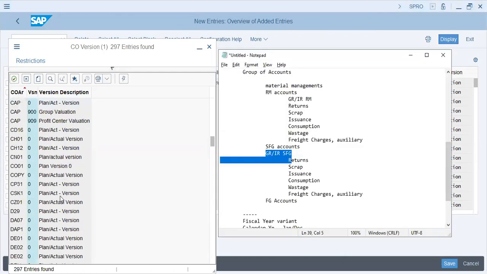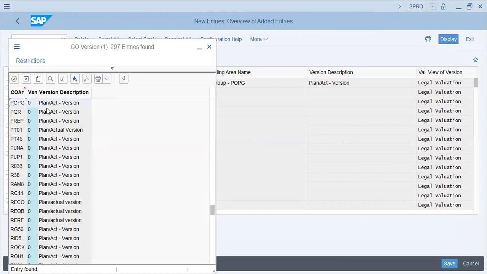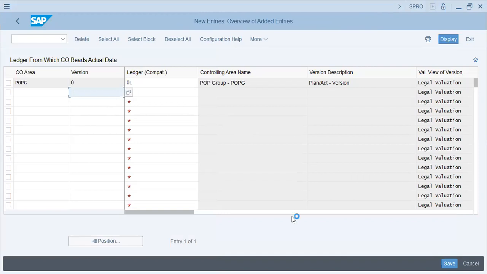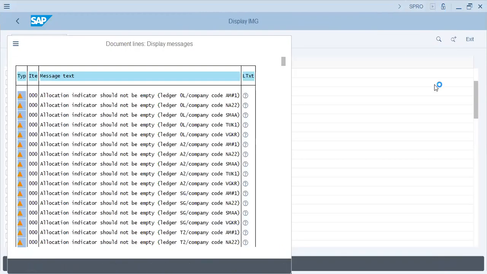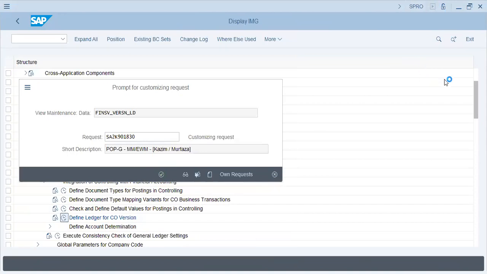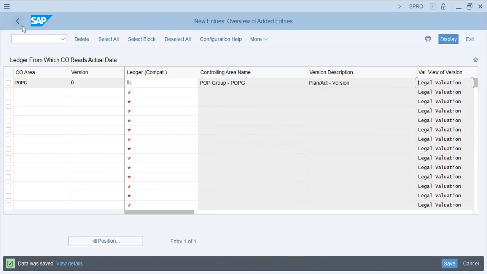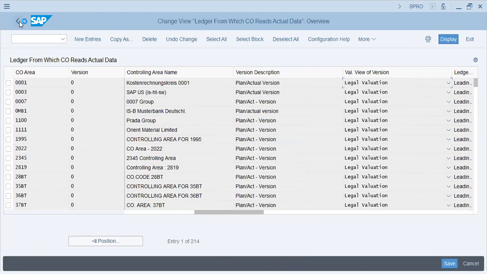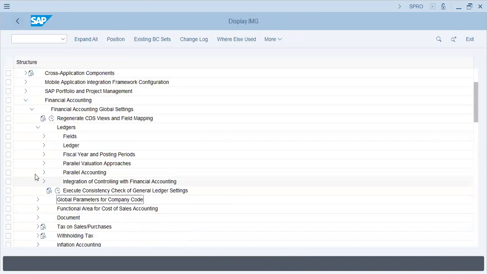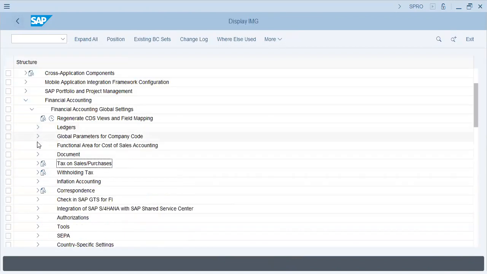We have PUBG 0 plan actual version. We just have that. Let's save that. So we have legal valuation, group valuation, profit center valuation that we have already seen. That being said,